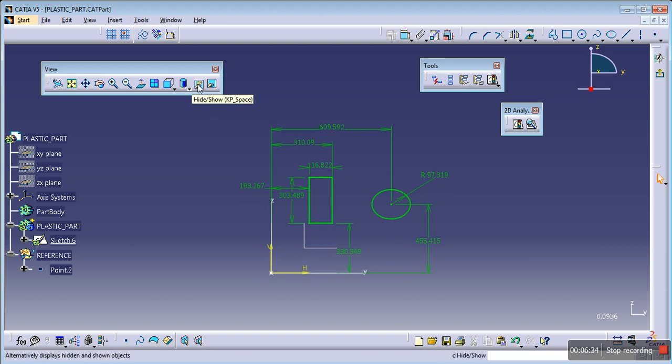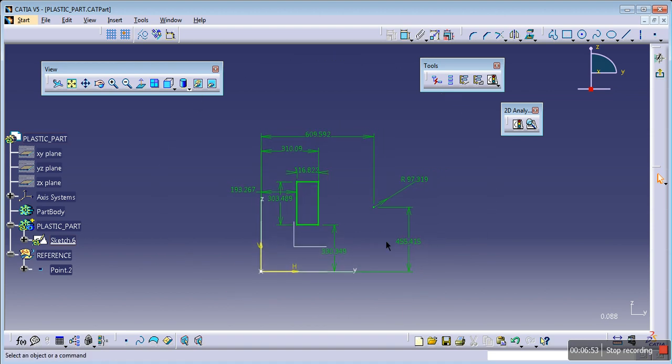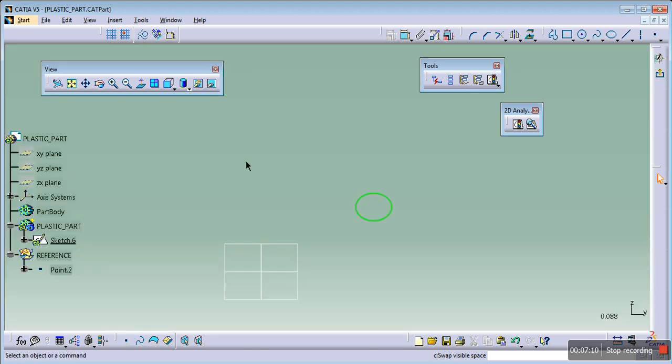The next option is the hide and show option. For example, we are now using the spacebar as the hide and show option, or else you can click on this shape of your design and click on the hide option. It will be hidden. Right now the circle is hidden, and you don't know how to regain it. You can undo it, that's one option. Now without undoing it, let's check where your circle has gone. There is another option, swap visible space. When you click on it, you can see all the elements which are hidden.